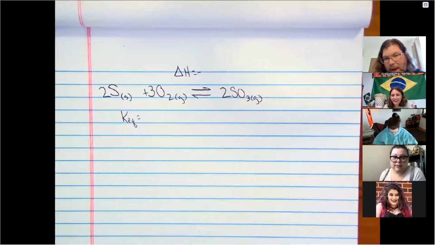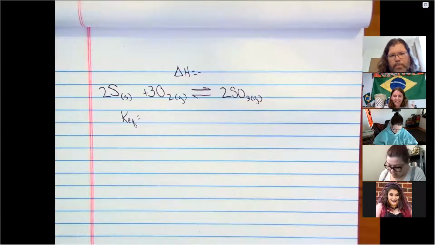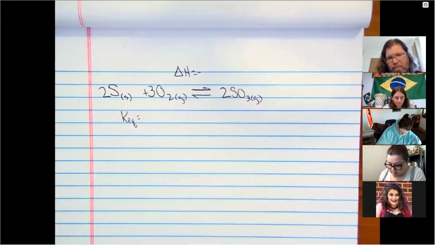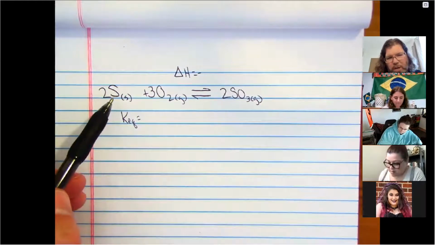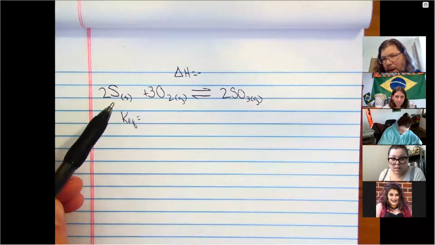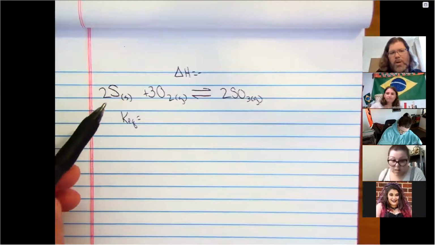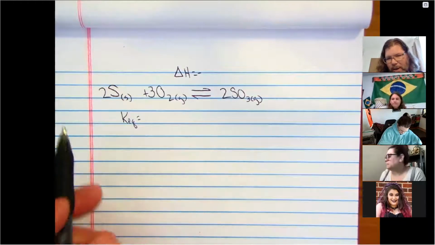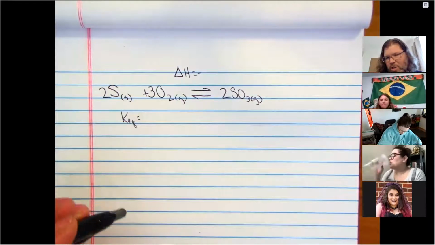The delta H for this reaction is certainly negative. It is an exothermic reaction. As a matter of fact, if you tried to do this reaction at room temperature, it wouldn't be very good. What's weird is that sulfur is pretty shelf stable with the small amount of oxygen in the atmosphere. If you just leave it out in the air, you can buy sulfur at hardware stores. They're called sulfur flowers, like pressed yellow sulfur. That doesn't just blow up in air or anything, but if you have it around pure oxygen, then you're asking for some trouble.